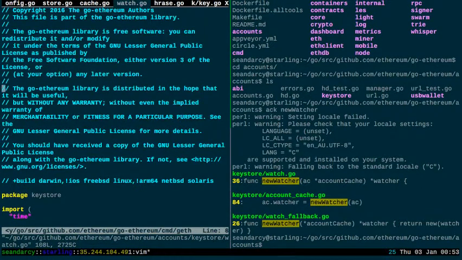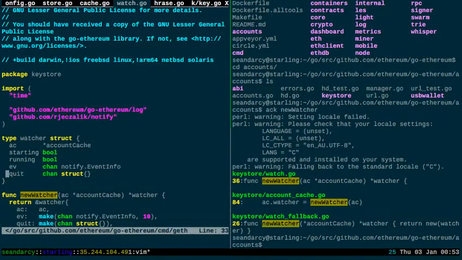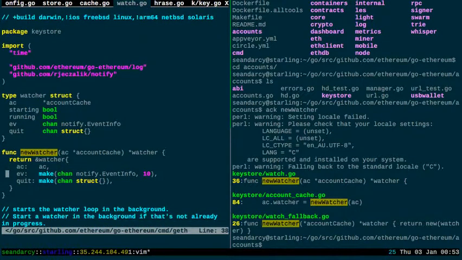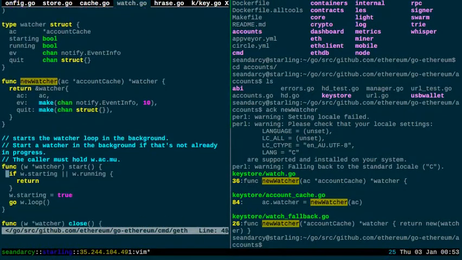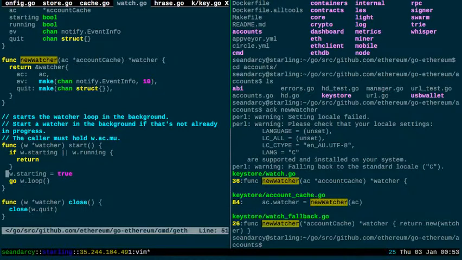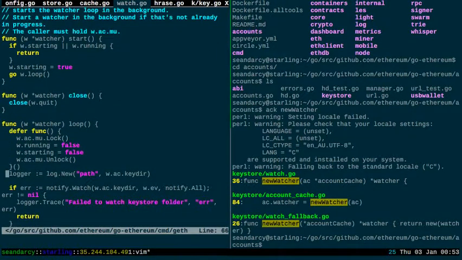What does a watcher do? It has an account cache, started running, event, new watches. It starts a process in the background. w.startIn equals true, startIn is boolean, go w loop. So make this loop. Log new path account,